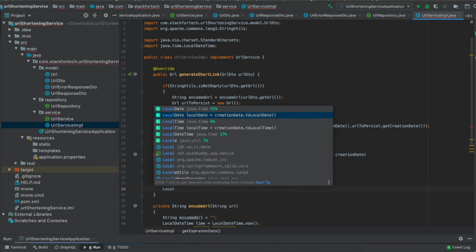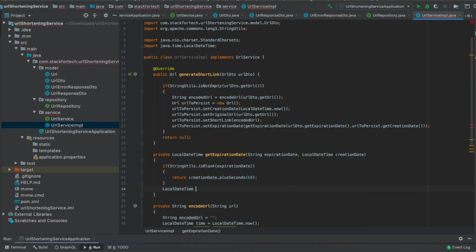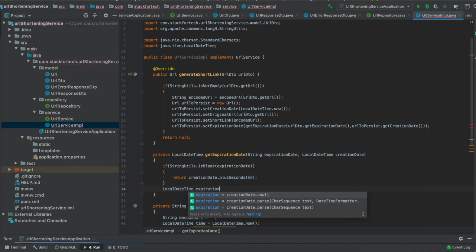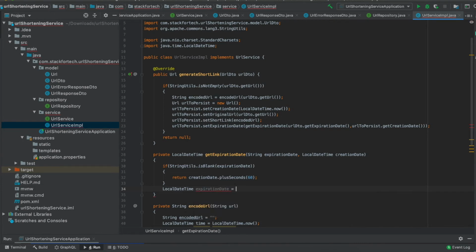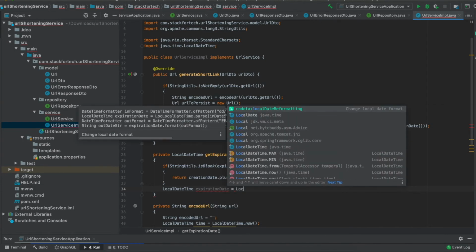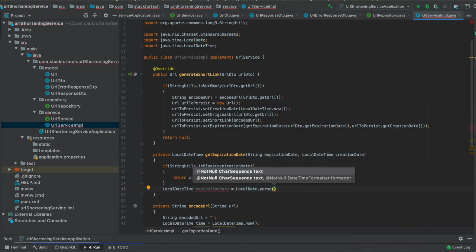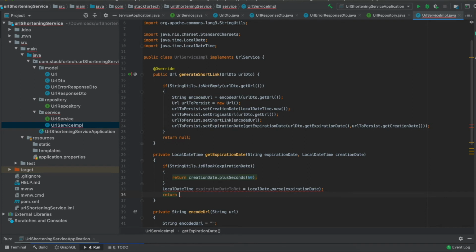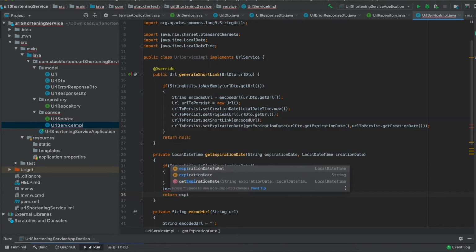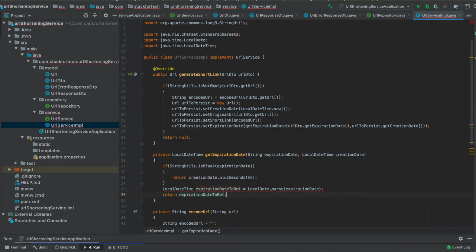is we will simply create a local date time, expiration date to return, equals to LocalDateTime dot parse, and we will pass the expiration date, and then return expiration date to return.